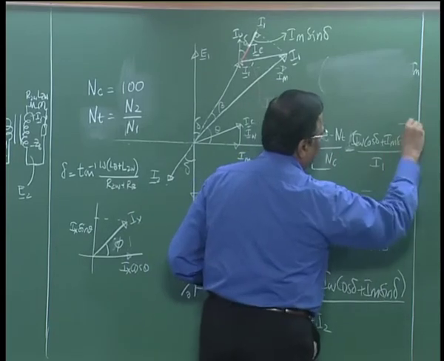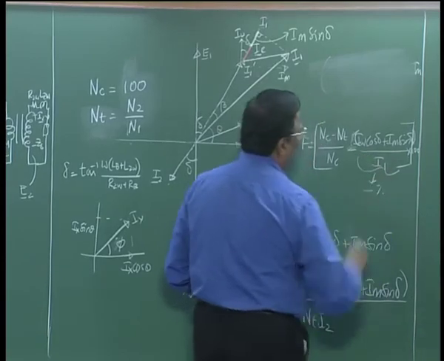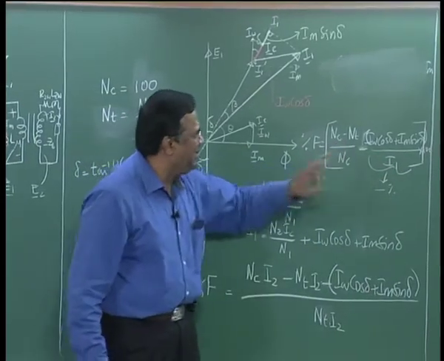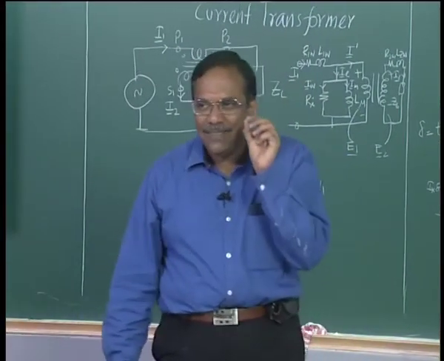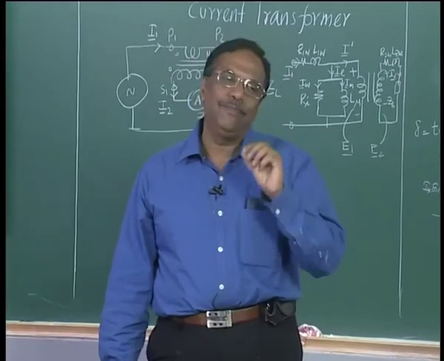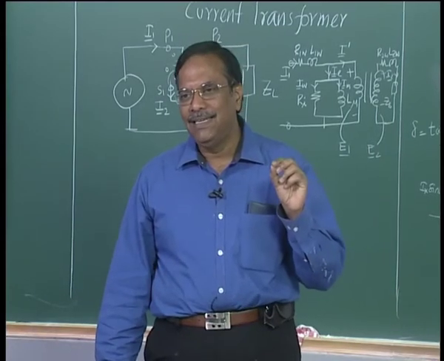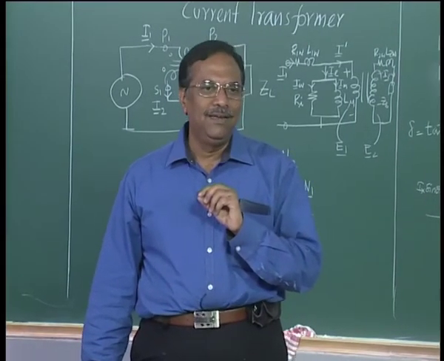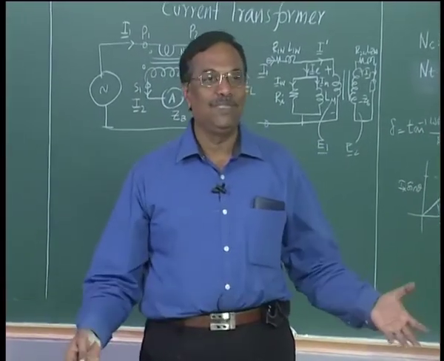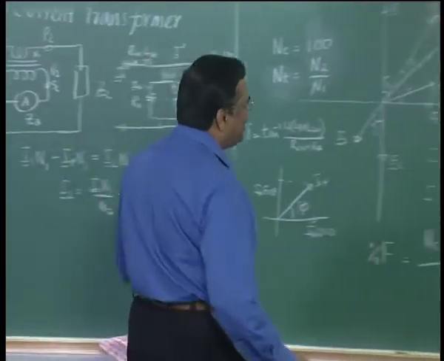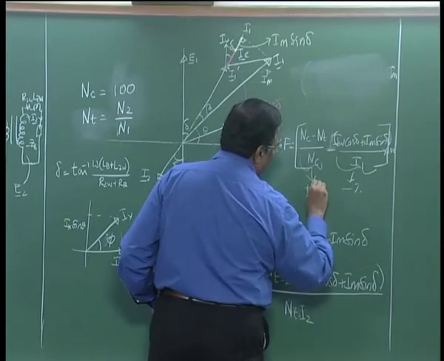This whole thing is into 100, minus 1%. So this is minus 1%, right. Now I can make NC minus NT by NC into 100 by choosing NT to be smaller than NC, right. Instead of making NT as 100, I will make it as 99, right. So 100 minus 99 by 99 is approximately plus 1%, right. So this can be tailor made to be plus 1%.